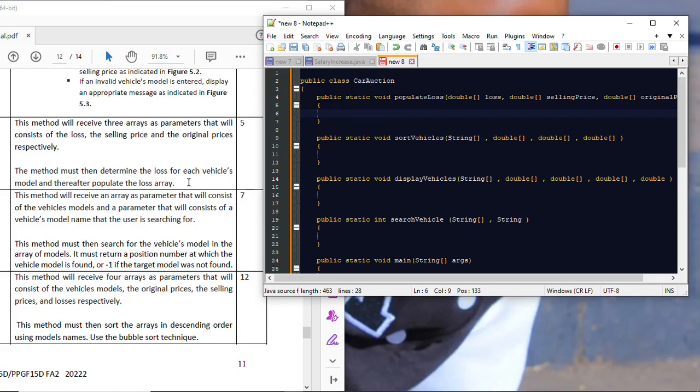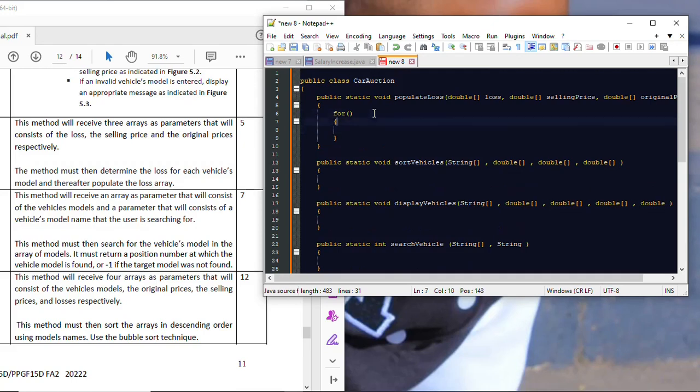There's a question. Oh, so here they want us to populate the loss array. So the method must then determine the loss. We are determining the loss. So we're going to start with a for loop. Int i equals 0. i should be